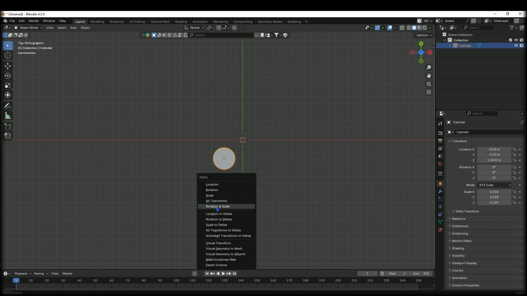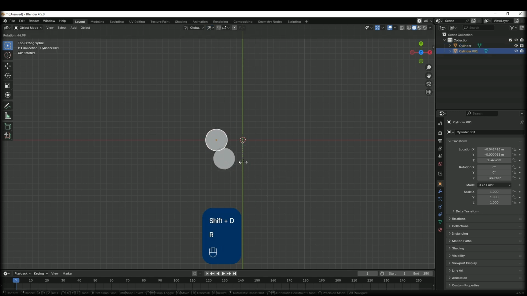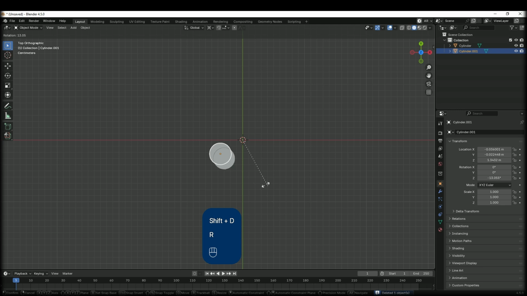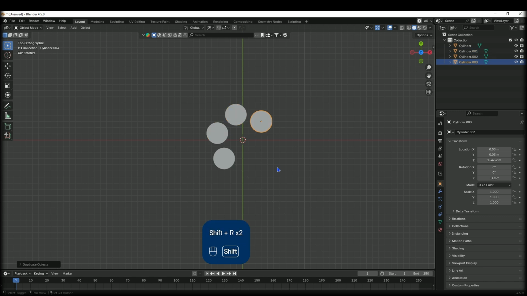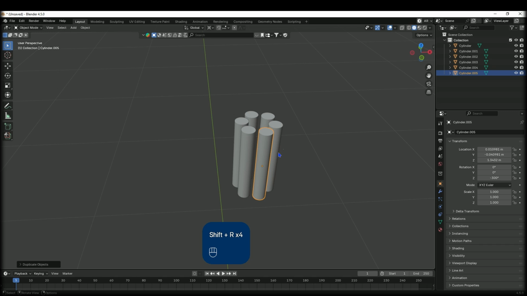Now do Control A, set rotation and scale. We're going to change our pivot point to our 3D cursor, and then we're going to do Shift D, R, and rotate by, let's say, 45 degrees or more. Let's do a little bit more than 45. So Shift D, R, and then we'll go about there, and then Shift R. There we go. So we now have six cylinders,